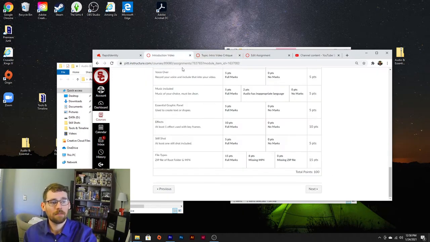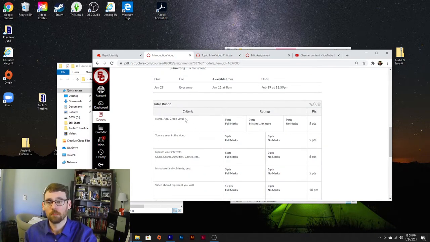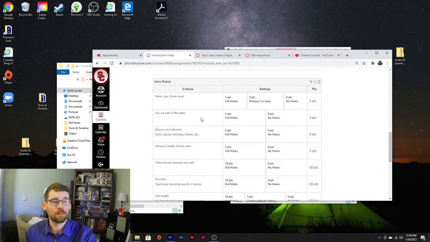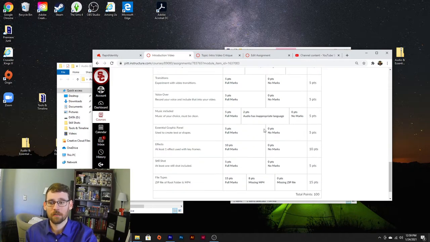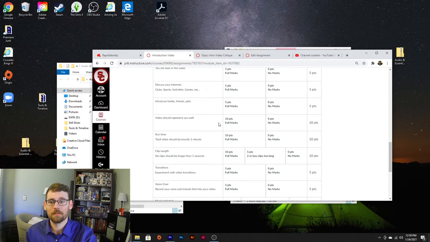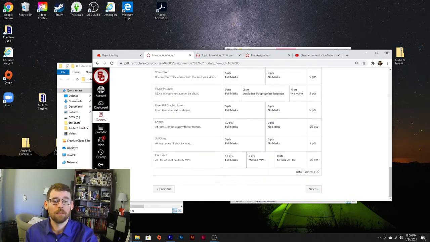You'll have a little bit of time to work on this and to answer to people because it's not going to come up immediately. Make sure you check these rubrics. I don't create these for no reason. This is the exact way I grade. If I see these things, then it's an easy way to mark. If you're missing something or something's not quite right, there will be categories that will break that down. So make sure you have turned everything into me, double check this rubric, and make sure that everything is correct, okay? If you've got that, you've completed your first video successfully in this class, and we will continue on to